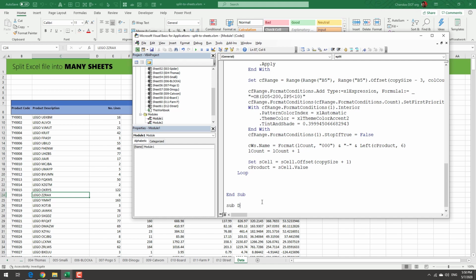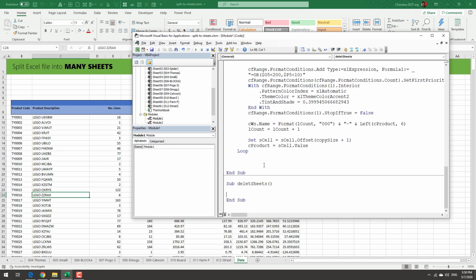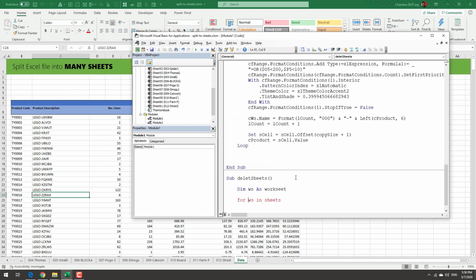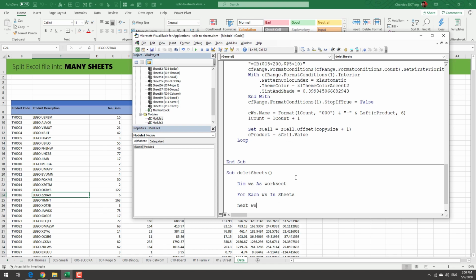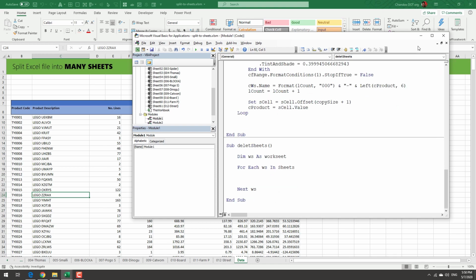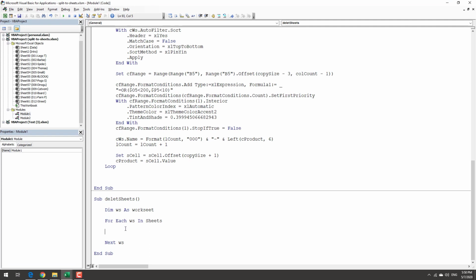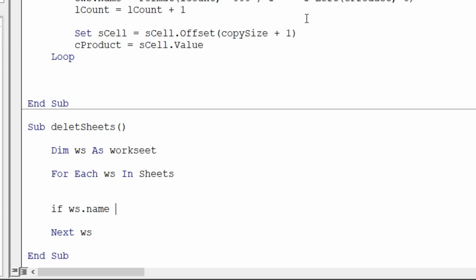Sub DeleteSheets, and so Dim ws as Worksheet. For each ws in Sheets, Next ws. And what we want to do is we just want to see if the worksheet name is like the pattern that we have defined, which would be 3 digits hyphen and then something else. So if ws.Name Like hash hash hash, that would be 3 digits, hyphen, star, anything, then